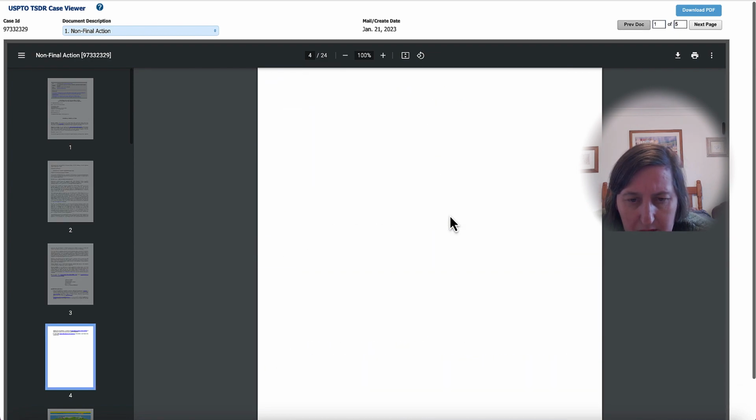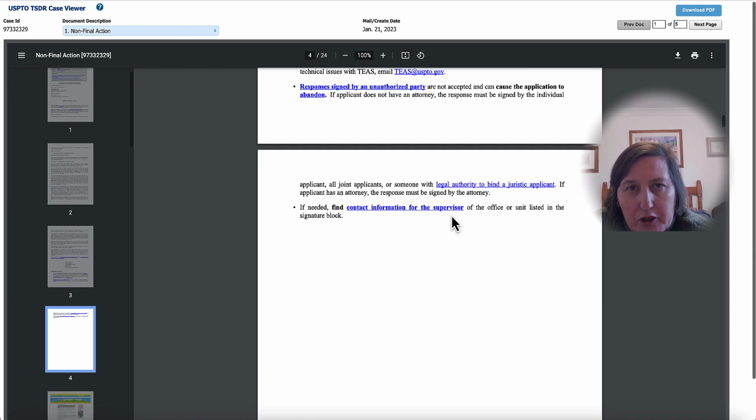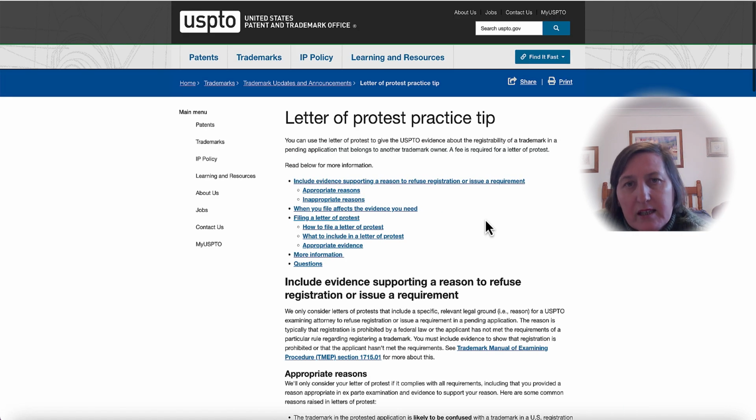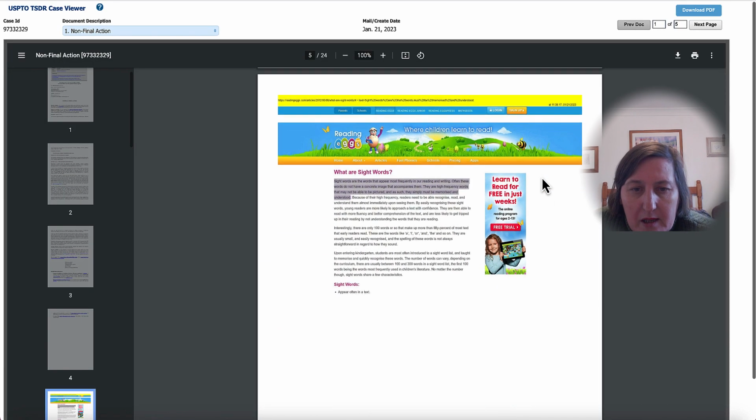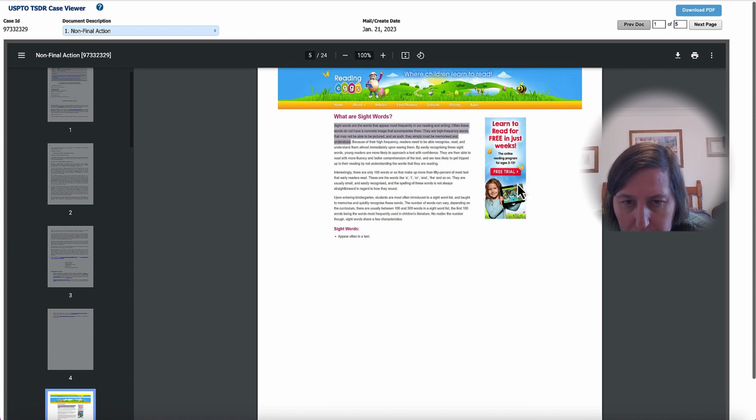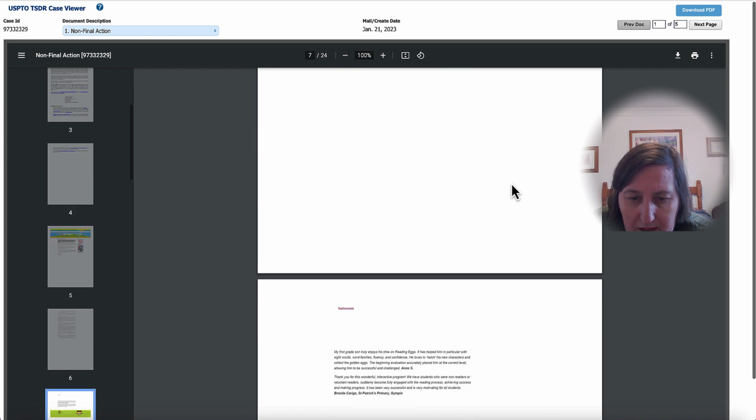And I also think it mentions something about there was a third party refusal. Now, the thing about the USPTO, you can actually file letters of protest if you see things like this, where you can prove other people have been using it, it's been selling, it's a niche, it's a frivolous thing, it is not a brand. Somebody's actually done that, and all they've done, if I go back here, is just provide websites that say what sight words are, so it explains what they are and what they've been used for. I don't think it even says when this web page was printed.